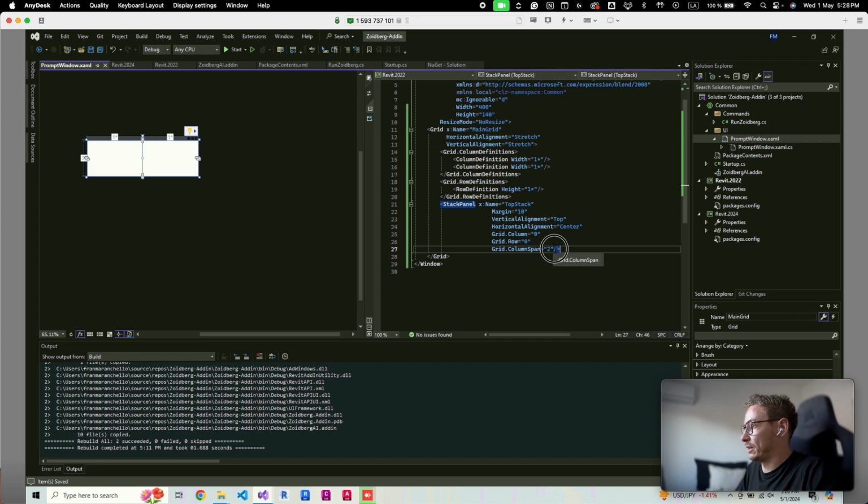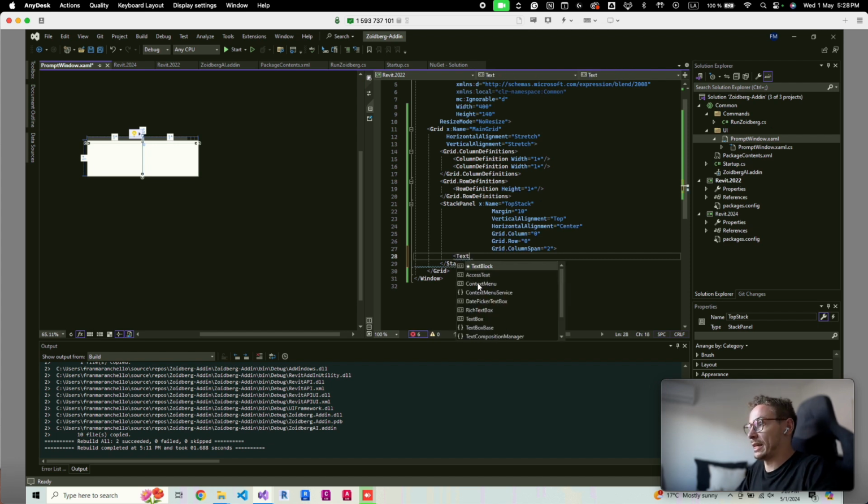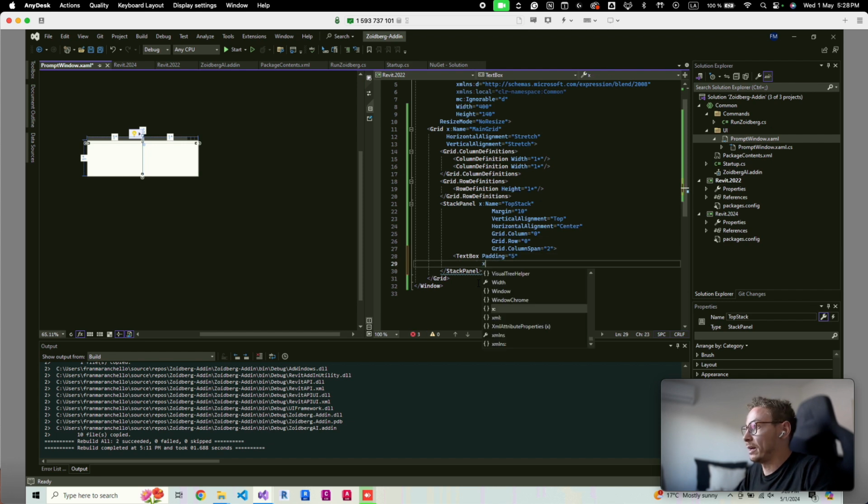But it's not gonna be in this format. Actually, it's gonna be like that because we need to put stuff inside this element. So what we're gonna do here is a text box where the user will input their prompt with a padding of 5, and it's important that we set a name because we're gonna need to access this in the code behind,